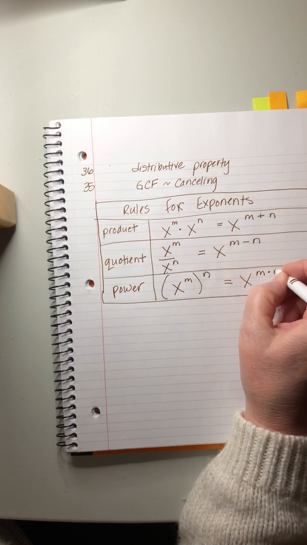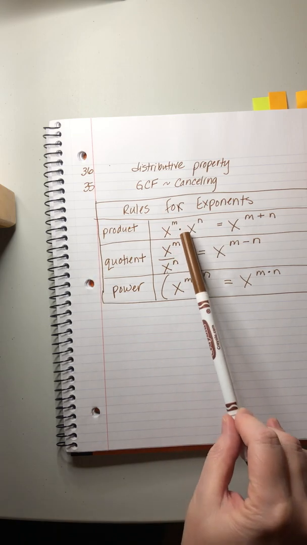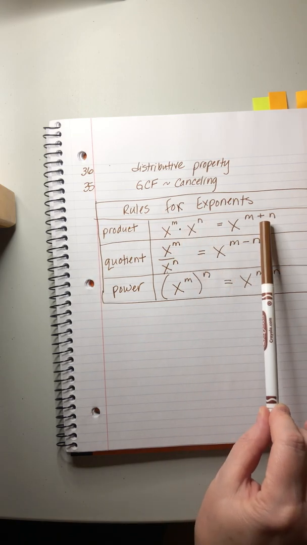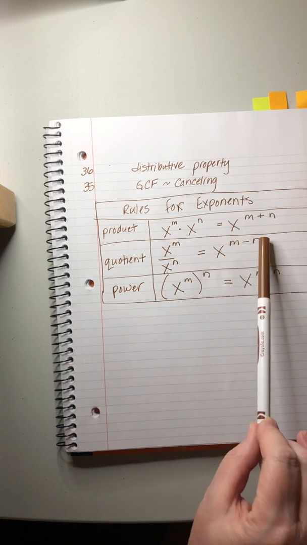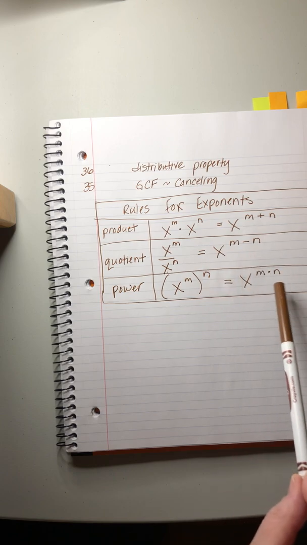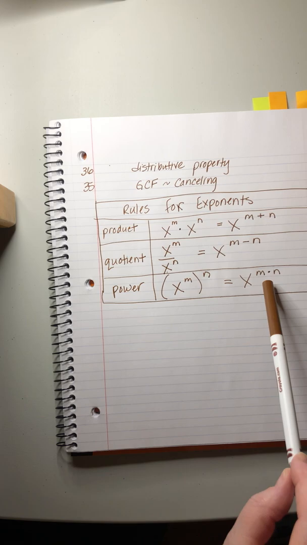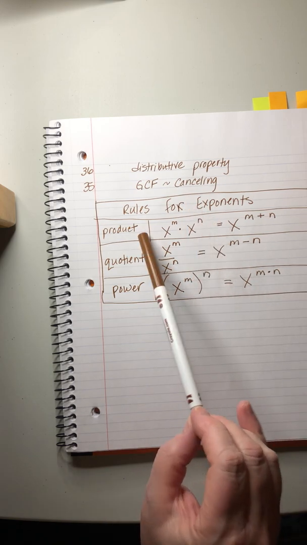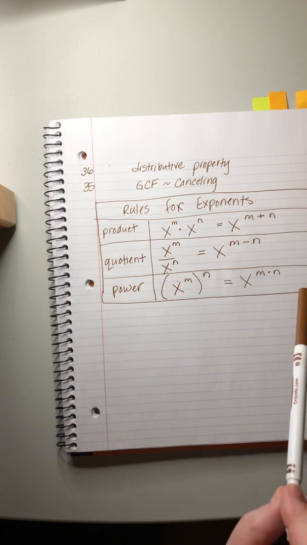Now, you multiply. Okay? So notice the pattern. When we multiply the bases, we add the exponents. When we divide the bases, we subtract the exponents. When we raise the base to a higher power, then we multiply the exponents. A lot of students get confused and they want to multiply here, but that's not right. Memorize this exactly